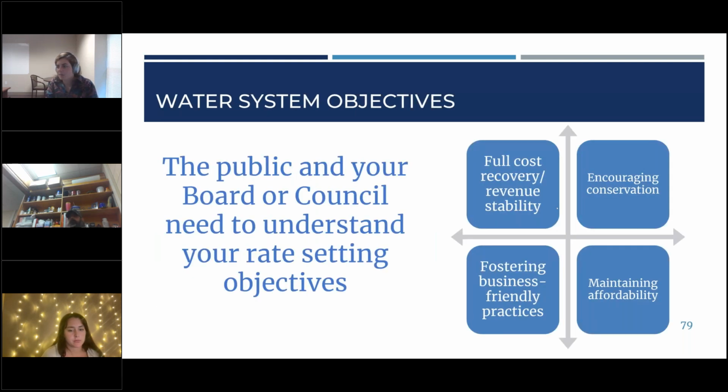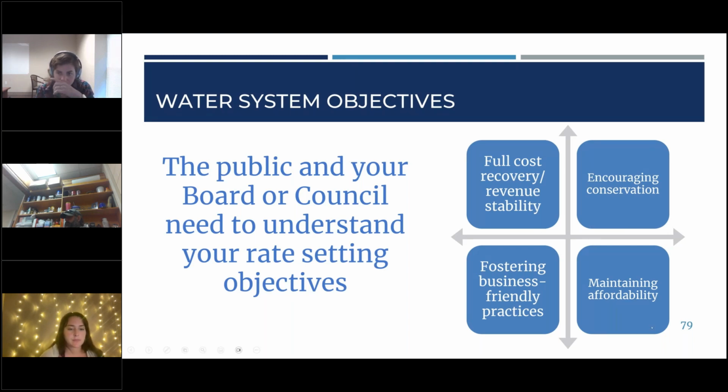And so now I'm going to talk a little bit about objectives for water and wastewater systems whenever they're setting rates. And what we typically say is, you as utility folks may already know this information, but this is good information to try to communicate to the public or to your board or council when they want to understand your rate setting objectives. So I'm not going to go into a ton of detail on these here because I'll talk about them on the next few slides. Basically what you have are 4 key objectives,